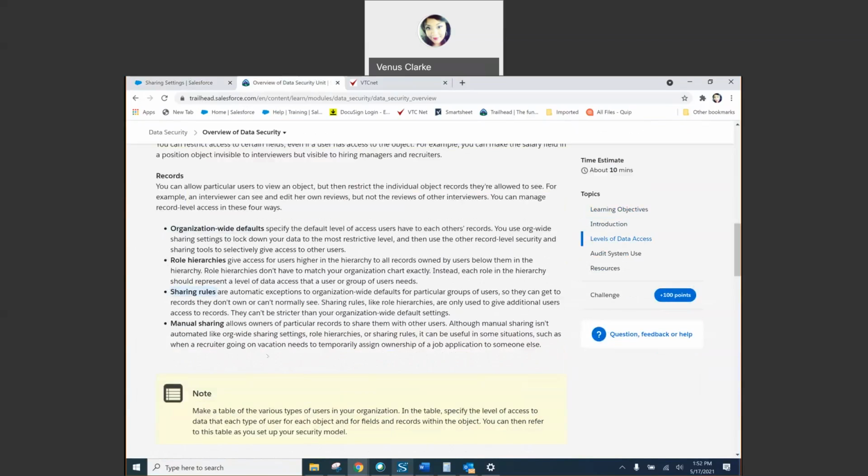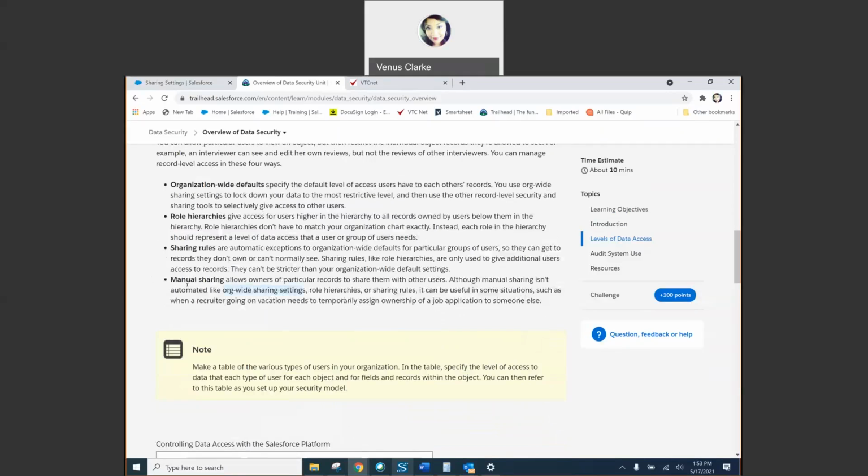And then lastly, manual sharing allows owners of particular records to share them with others. Although manual sharing isn't automated like org-wide sharing settings, role hierarchies, or sharing rules, it can be useful in some situations, such as when a recruiter is going on vacation and needs to temporarily assign ownership of the job application to someone else. Normally in these type of exceptions where the security is not defined by organizational wide default, a role hierarchy, or a sharing rule,